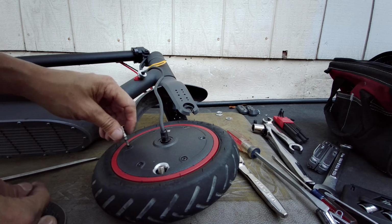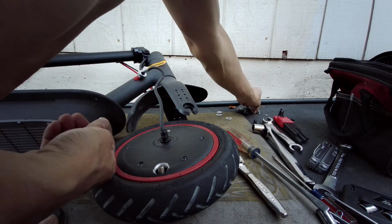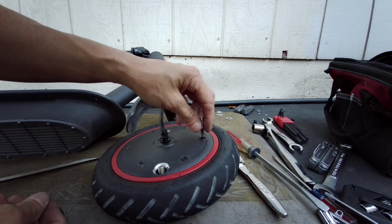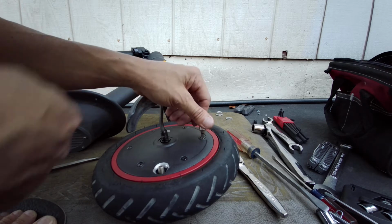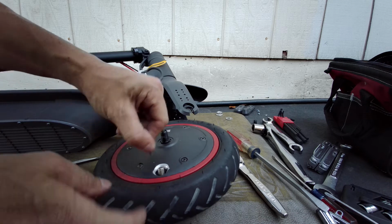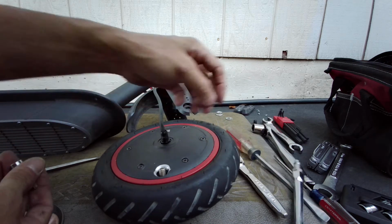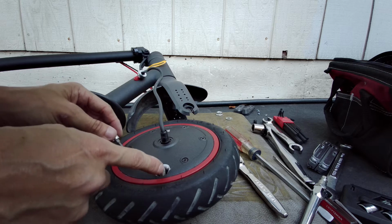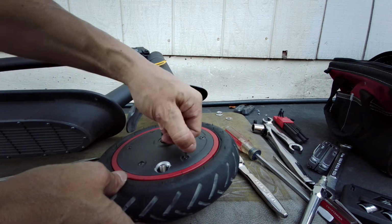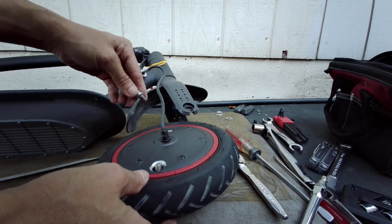But with fine threads, you have to be very careful, because it's very easy to cross thread them. You don't want to cross thread them; it just gives you big headaches. It's more work. All right, so hopefully I don't ever have to take this thing off again until I have to change the tire, or my tube is punctured really bad. The reason I did this was to get easy access to the air chuck, but also I'm going to add some sealant, some goop in here to seal up the punctures. The puncture will happen, but the goop will fill up the hole and block it, and then prevents it